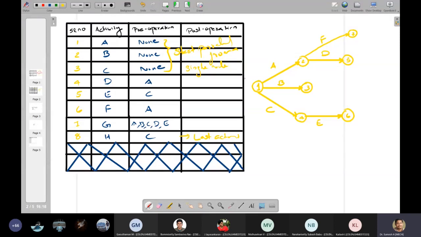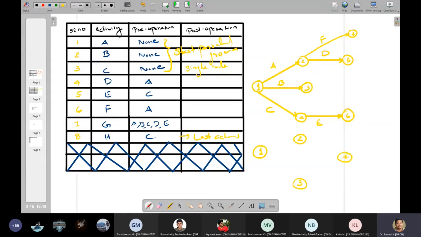So I can keep 1 to 2 as it is, I'll modify this as 3 and this as 4.